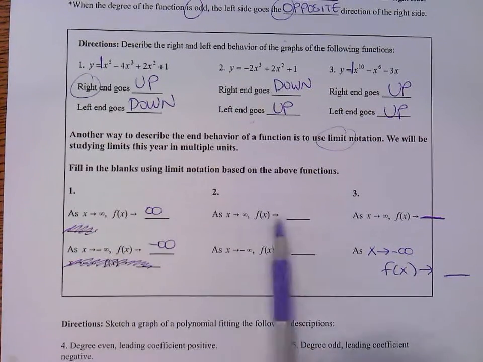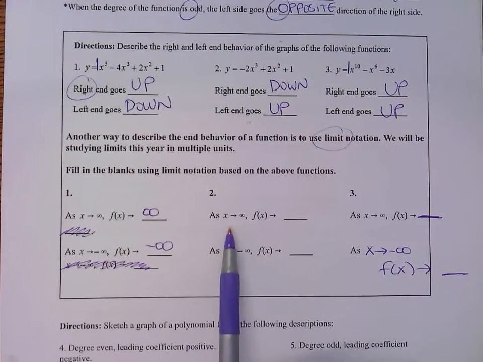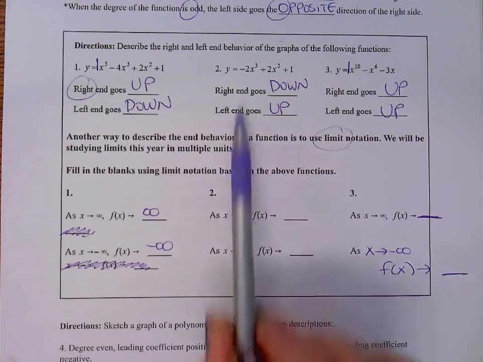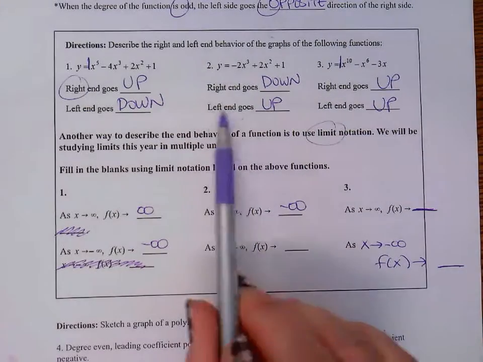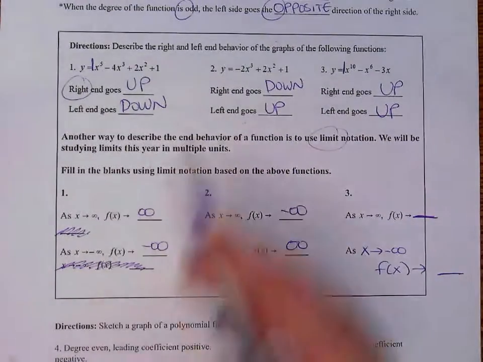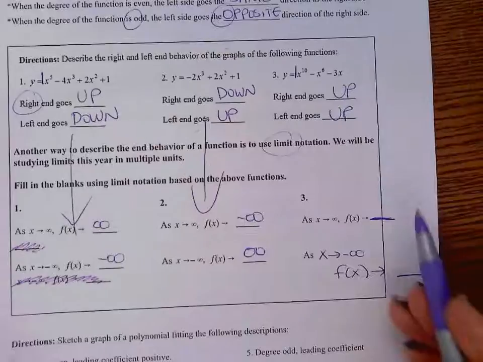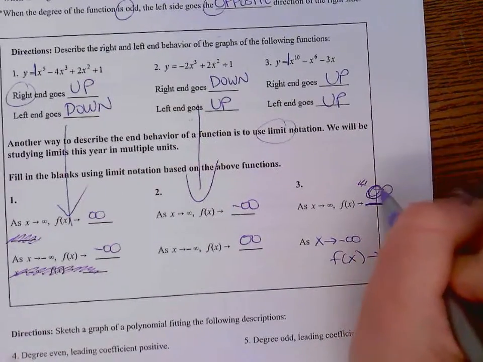So in number two, just before we pause this for now, as x goes to the right, the function went down. As x went to the left, the function went up. And then this last one was up, up. So those should both be positive infinities. All right, so I gotta